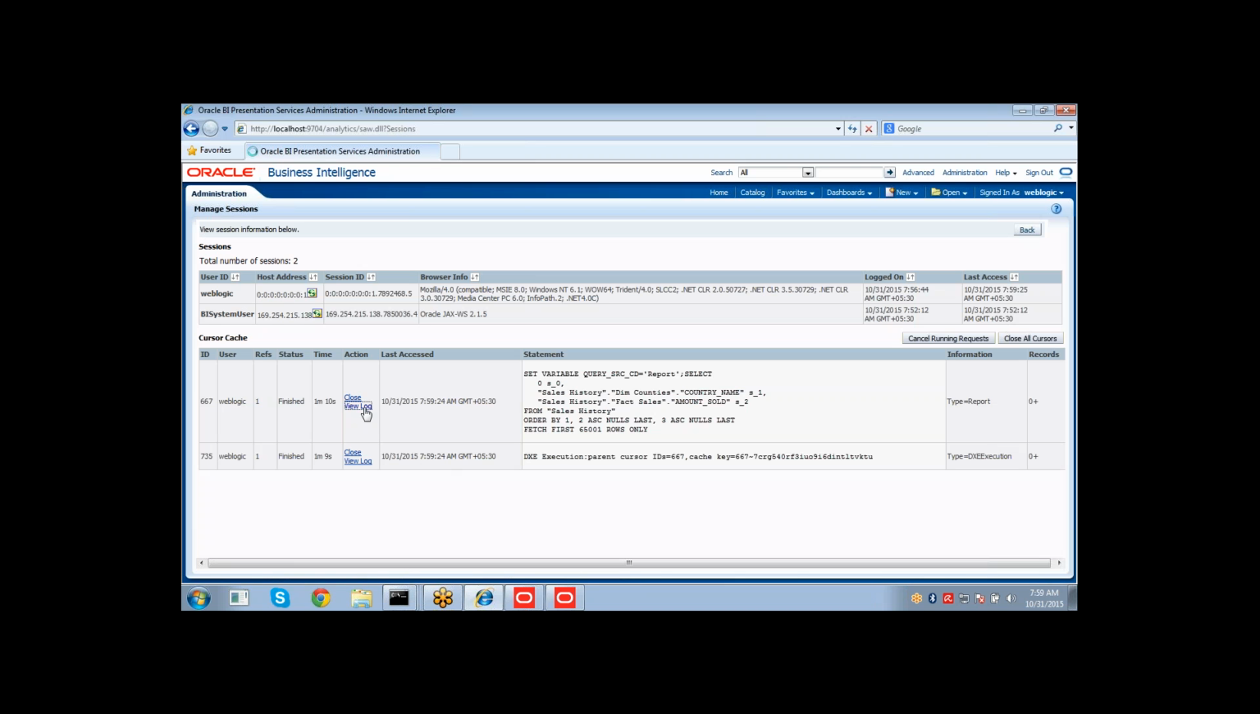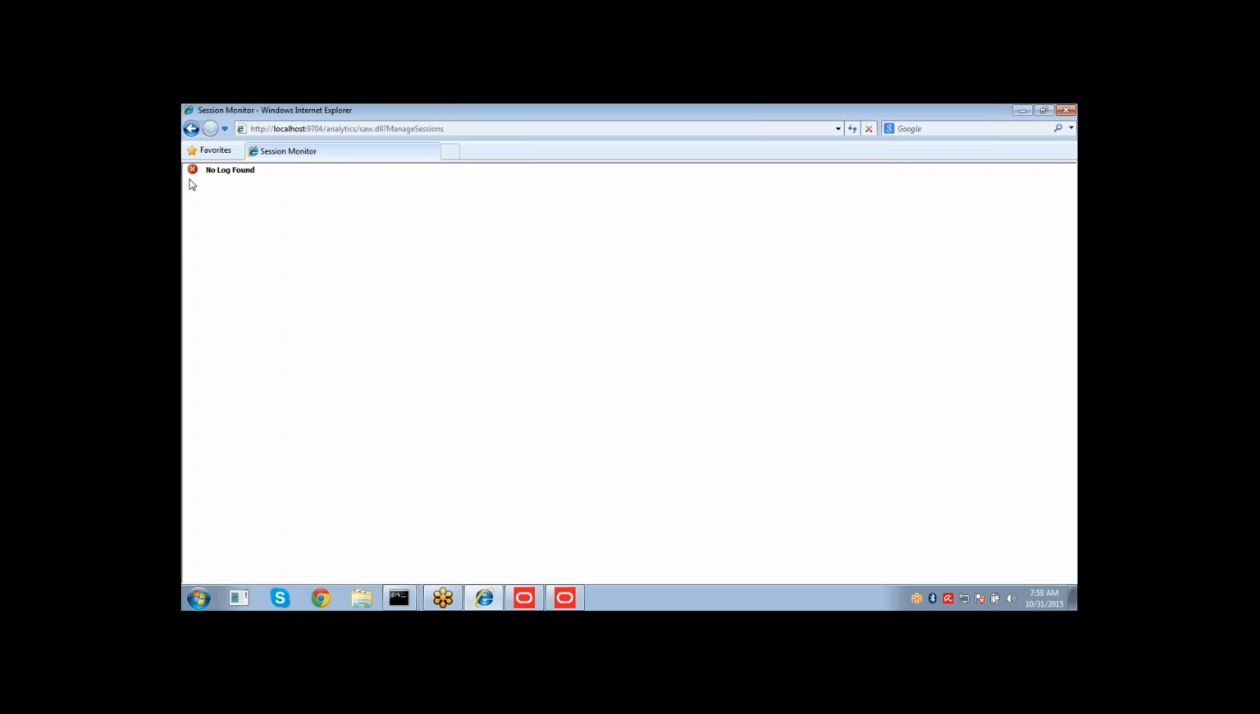Click on View Log. Administration, Manage Sessions, and click on View Log. See, the no log found message appears because he has defined the log level as 0. Now I will go to